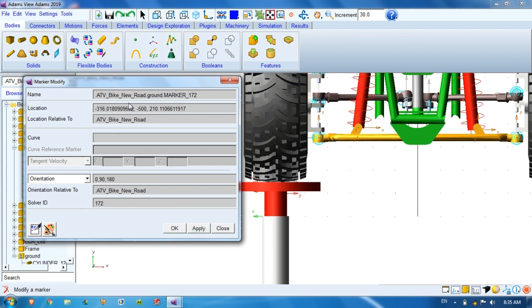We'll move it slightly upper, so again we'll take 450. Okay, it is moving now. Let's say again we'll change a little bit, 460. Okay, 470.